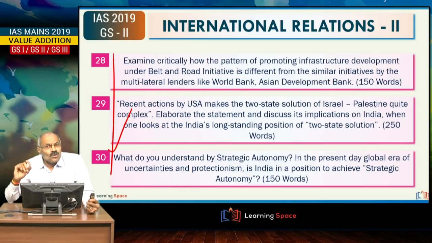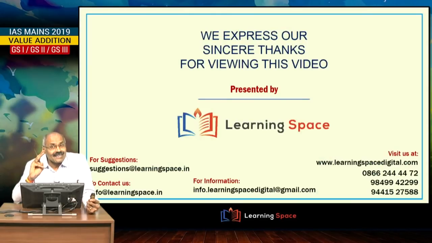And the next module will be next week only, because this weekend we will be busy with the economic survey and union budget. So this weekend we will be quite busy with the economic survey and union budget. So next week we are going to look at 3 modules at least from the Mains 2019 perspective. Overall we will present 24 modules. Next week we are trying 3 modules, 1 from international relations, 2 from society, right friends?